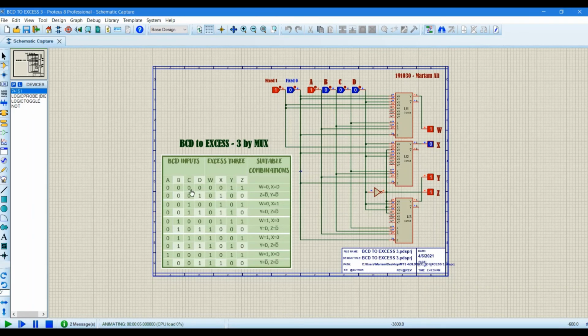Let's get into the first input, that is BCD input 0. When all are 0, we can see that it is 0011 at W, X, Y and Z. Let's go to the seventh one, 0111. For 0, 1, 1 and 1, we get 1010, which represents 11 in decimal. So it has clearly shown that for BCD to SS3 by MUX, we have to add some